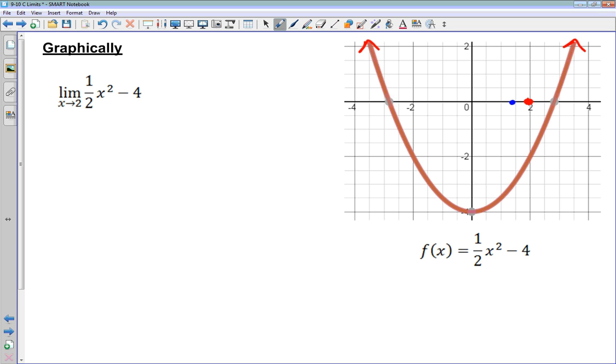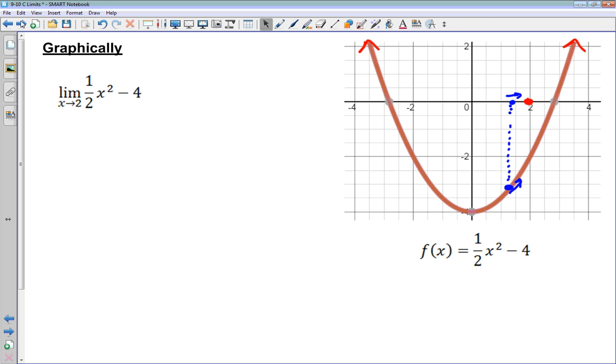Then we evaluated our function, and the value of our function at that x value would be right here. All of our values of f(x) have to be points on this curve. If we imagine moving our x value closer and closer to 2, it's like we're moving along this curve